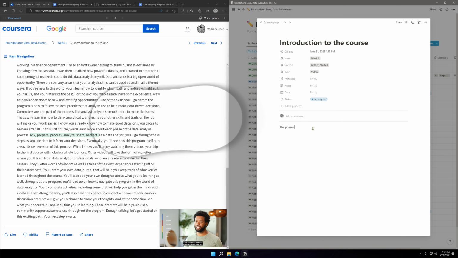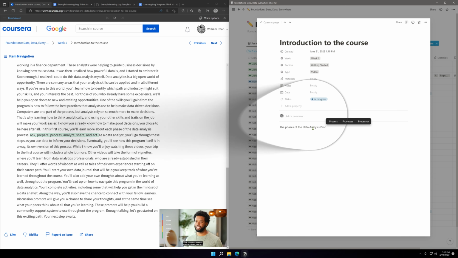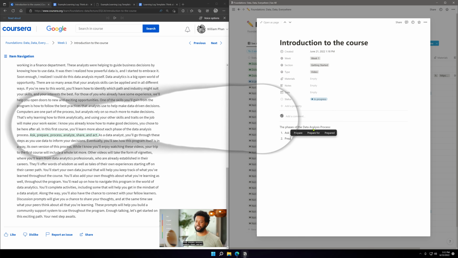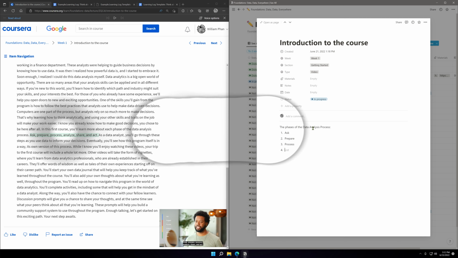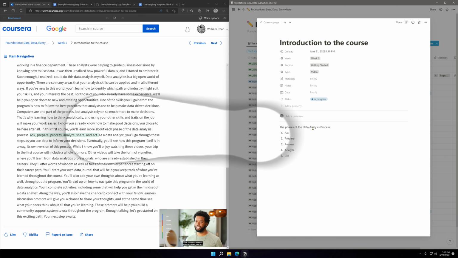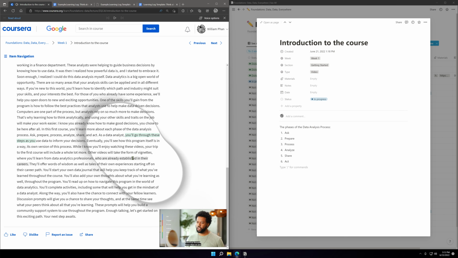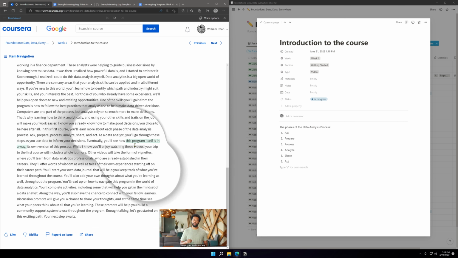The phases of the data analysis process: ask, prepare, process, analyze, share, and act. As a data analyst, you'll go through these steps as you use data to inform your decisions. Eventually, you'll see how this program itself is, in a way, its own version of this process.